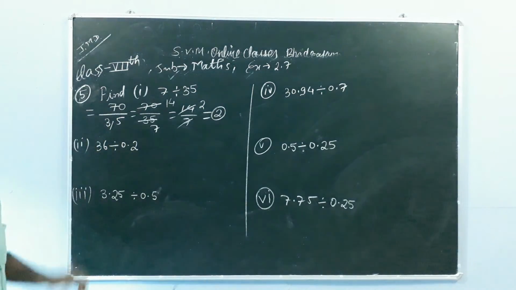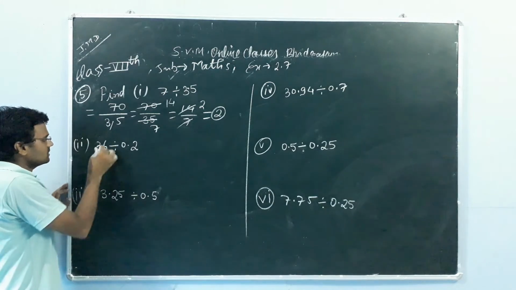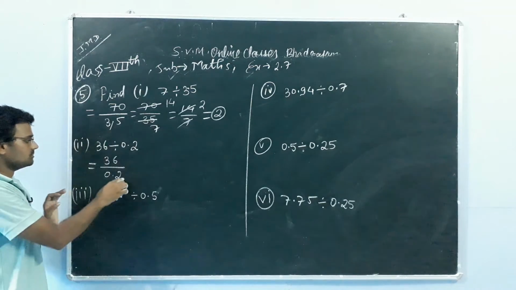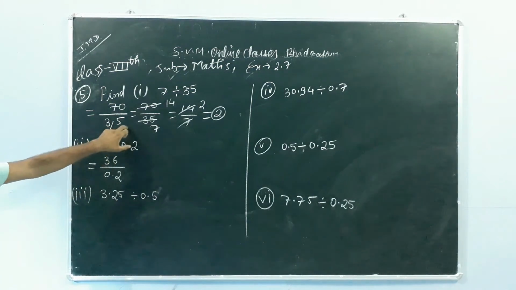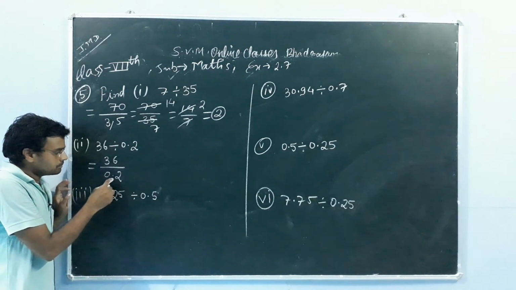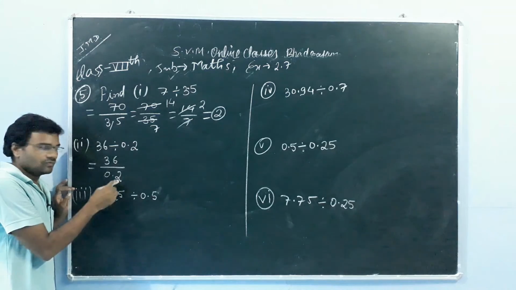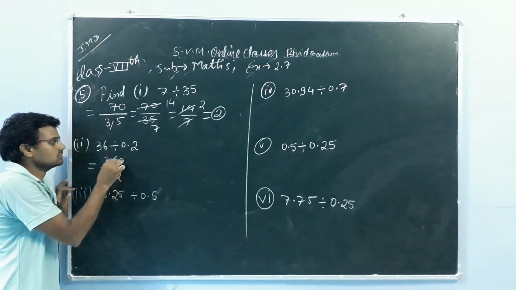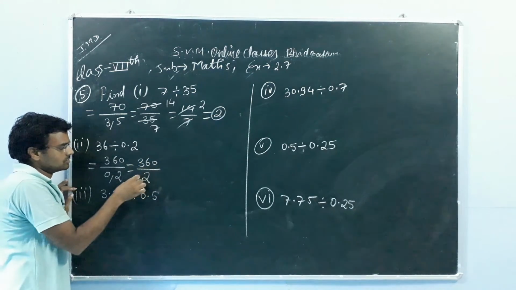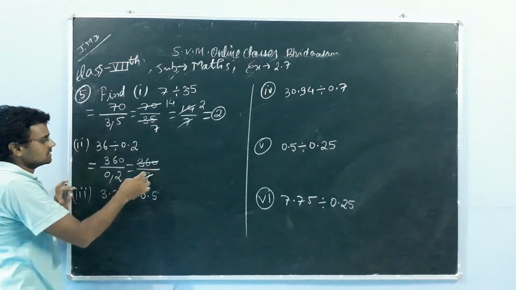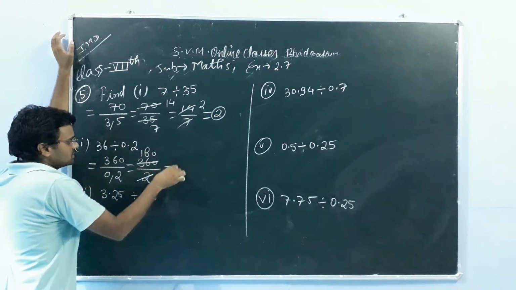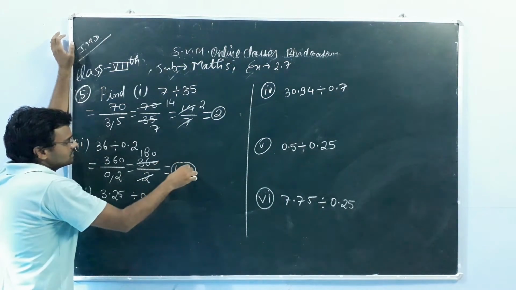Good. Next one is this question. This is 36 divided by 0.2. Again the same condition is repeating as we faced in the first part. The decimal point is coming after one digit. For removing this decimal point, we have to place a 0 over here. So our number will now be 360 divided by 2. Now 36, 2 ones are 2, and after that this is 16, 2 eights are 16, and our answer is 180. I hope it is very clear to you.